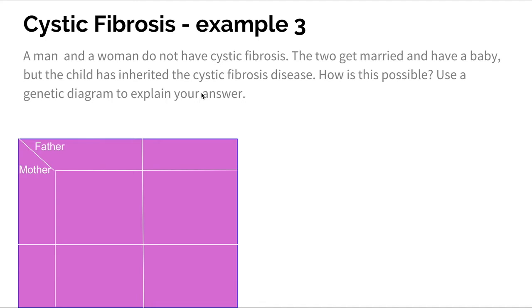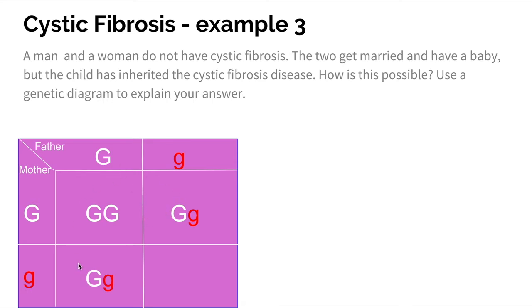Now, the only possible way that if two people have a disease that's caused by recessive allele like cystic fibrosis, and yet their offspring has the disease, is because both of them are heterozygous. That means they have that diseased allele, but it's not shown in their phenotype because they have a dominant normal allele. So if we look at the offspring,